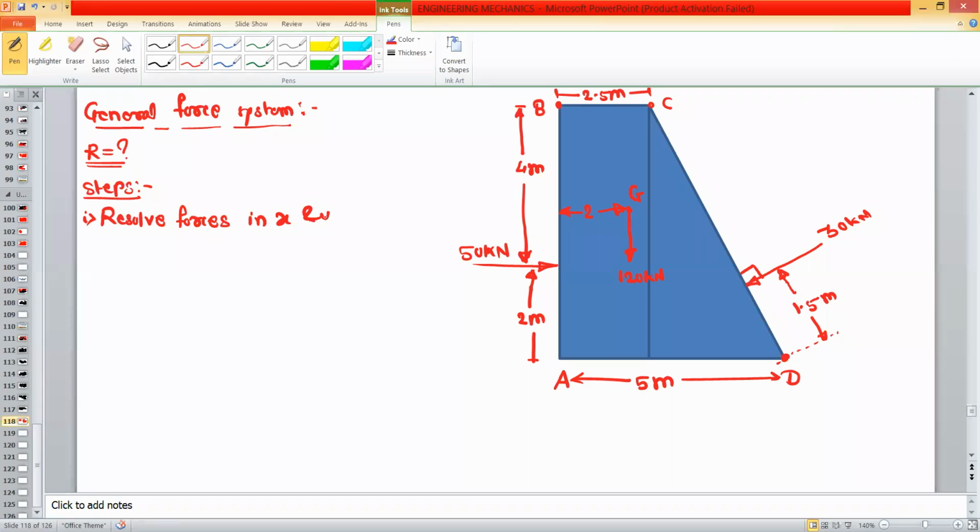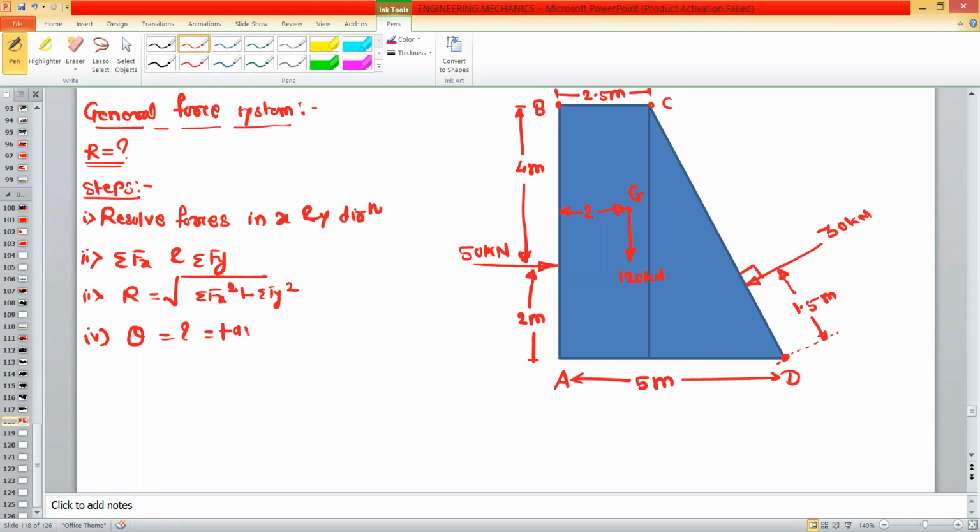In X and Y direction. Okay. Then second step, write down summation fx and summation fy. Third is use the formula R is equal to square root of summation fx square plus summation fy square. Then find out the angle for the resultant, that is theta, by using the formula tan inverse summation fy divided